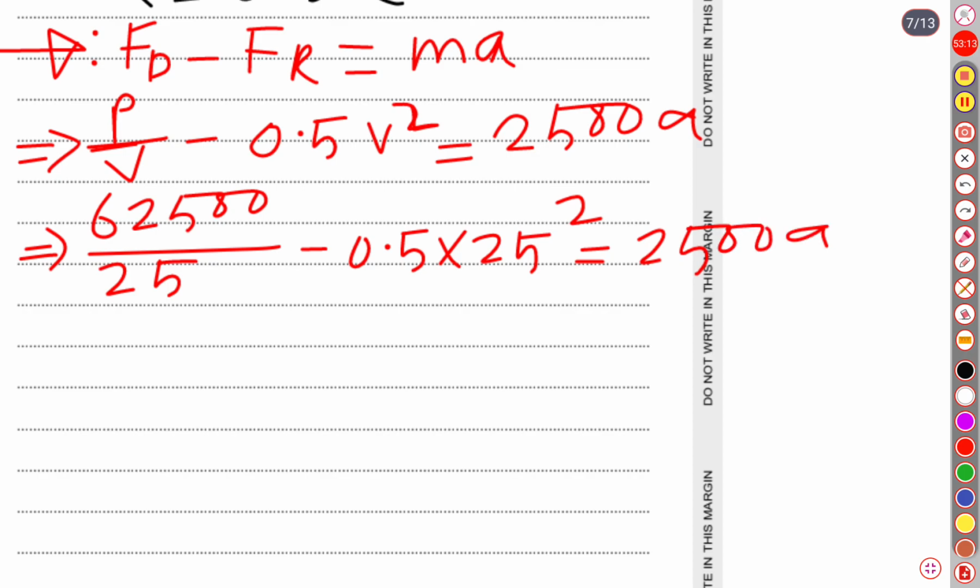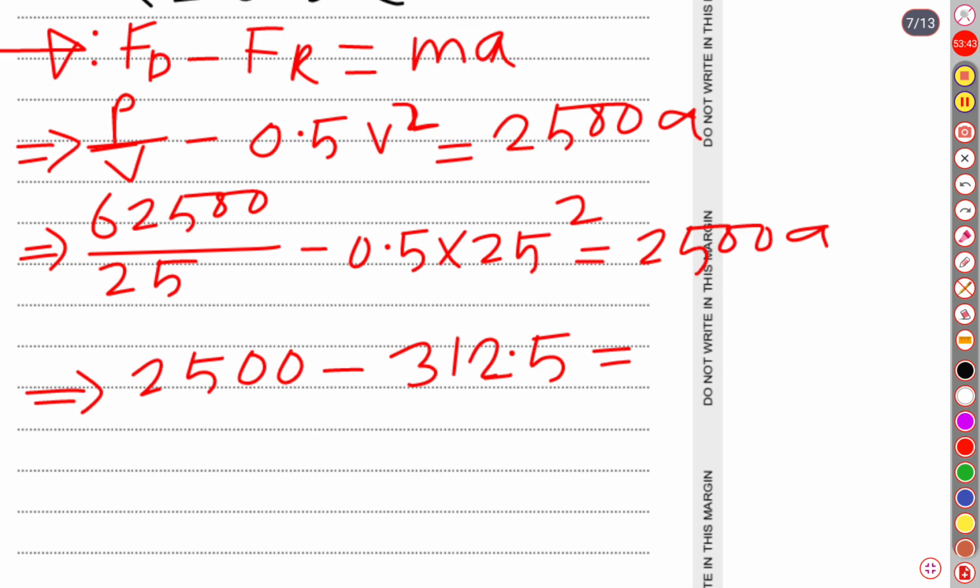2500 A. Okay, now what is our A going to be? Here we can dissolve this. It is going to be 25, 25. So 2500, 2500. And here it is 625. Half of 625 is 325. No, not 325, it is 312.5. Then on the right side, 2500